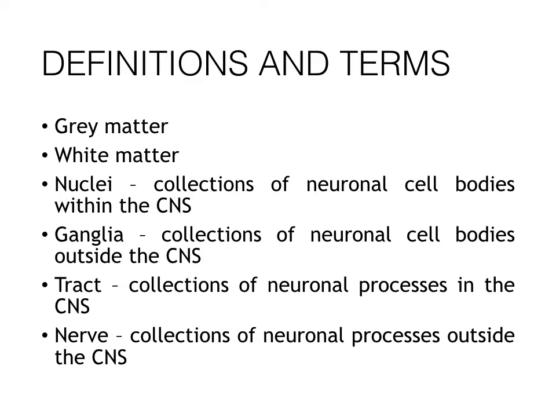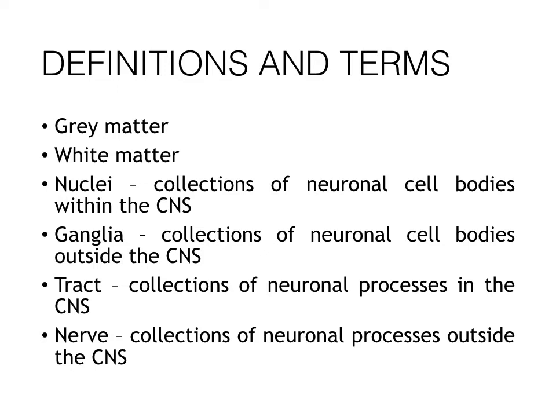Tracts. A collection of neuronal processes within the CNS is called a tract. So you have tracts in the spinal cord: the pyramidal tract, the extrapyramidal tract, and so many other tracts. These are nothing but collections of neuronal processes, meaning axons basically. I have the dendrites. When you see a nerve, it is nothing but a collection of neuronal processes outside the central nervous